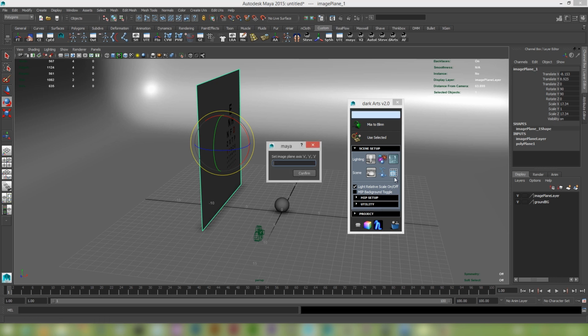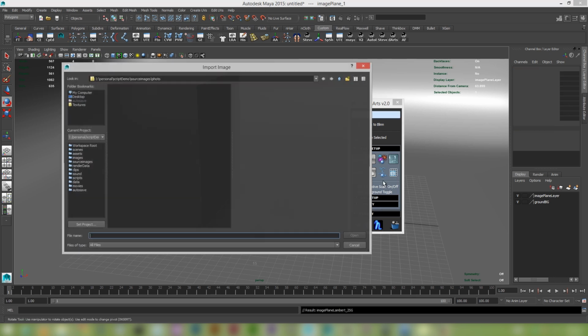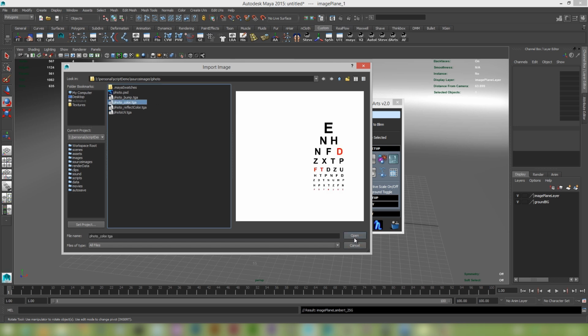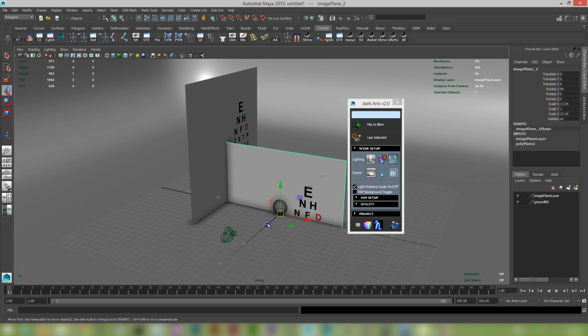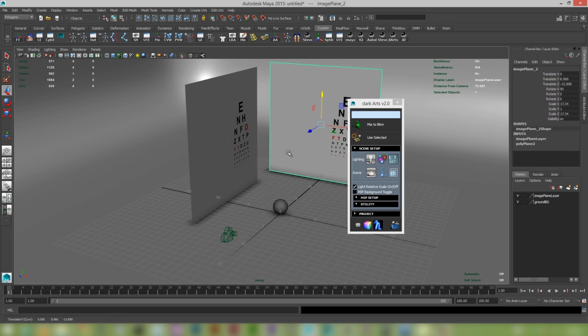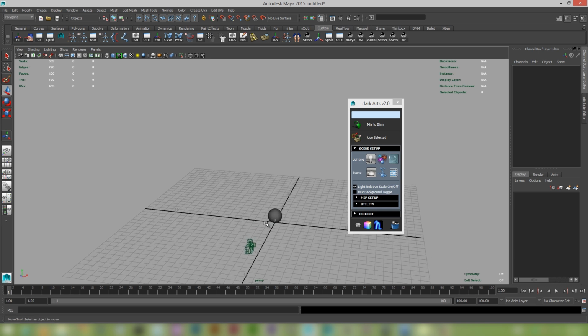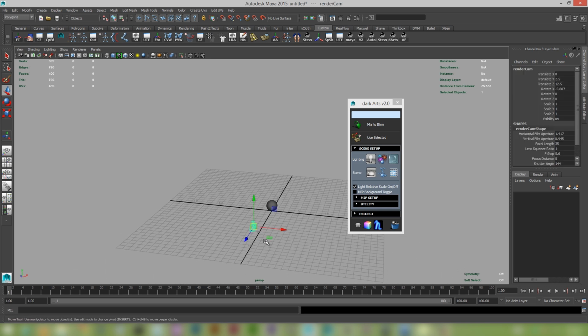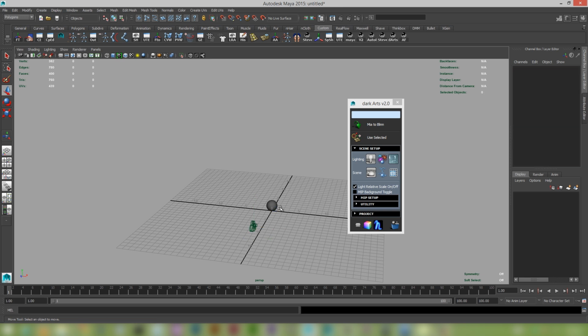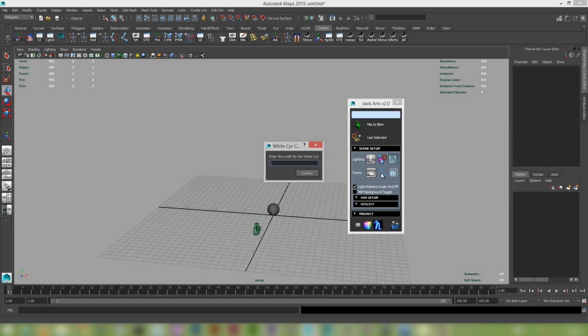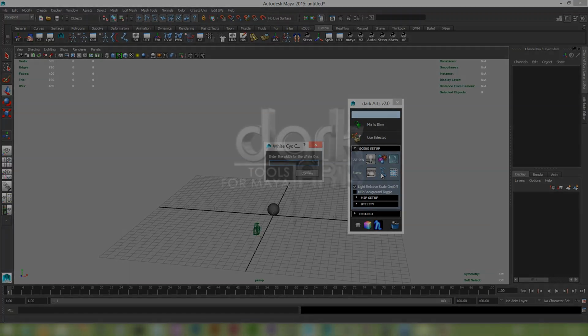And then obviously I can do the same thing again and say do it in Z. I can either use the same object or I can use something else. Just for the purposes of this, I'll use the same object. So you can see it creates nice and easy. And the other good thing about the fast setup, which is this here, is if I click that again, it'll ask me if I want to get rid of my image planes, and in this case I'll say yes. So that's just a quick way of tidying up your scene, so you're left with just your render camera, just in case you've moved it around for whatever purposes. So I'll bring the setup in again, and I'll start going over the nice shading system that's